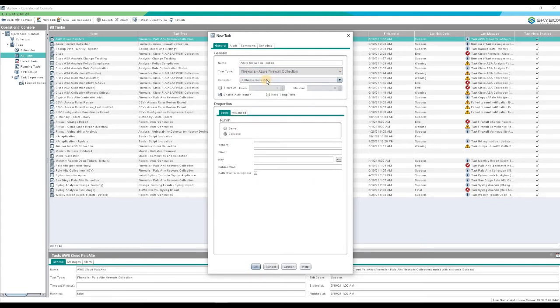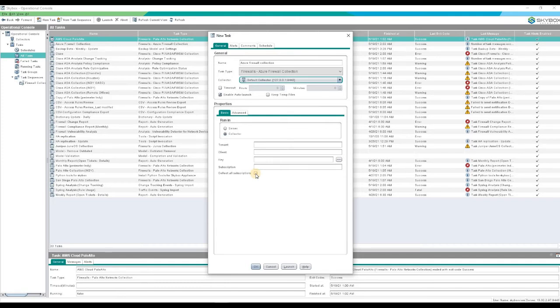Select that, and for the collector, if we have a collector installed on a different machine, it will be shown here. Since the collector is part of the same server, meaning it's a standalone server, I'm selecting that. Then please ensure to input the tenant details, client ID details, and the key or shared secret key along with the subscription. And don't forget to click on collect all subscription. This is very mandatory in order to pull all the subscription firewall information.